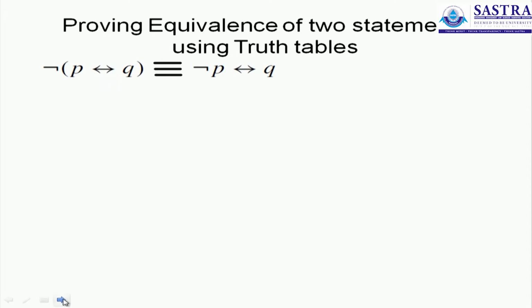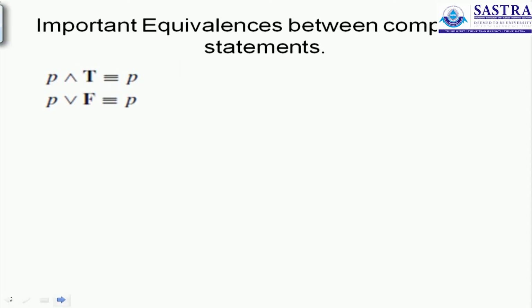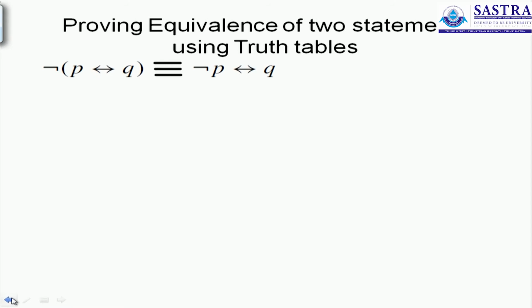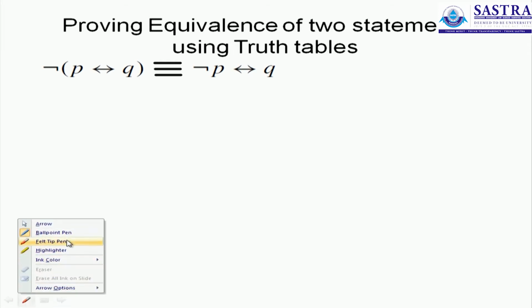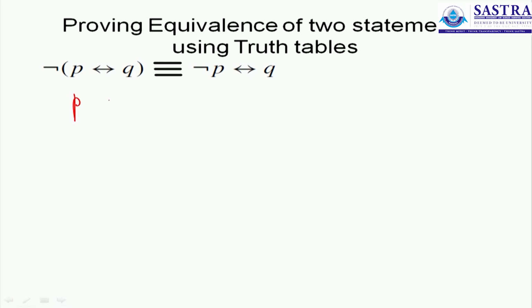One last problem, I guess. Yes, we'll have one last problem on proving equivalence relations, and then move ahead. We are once again considering only 2 statements P and Q, a biconditional between them, the negation of the biconditional, and a biconditional between the negated version of one of them.